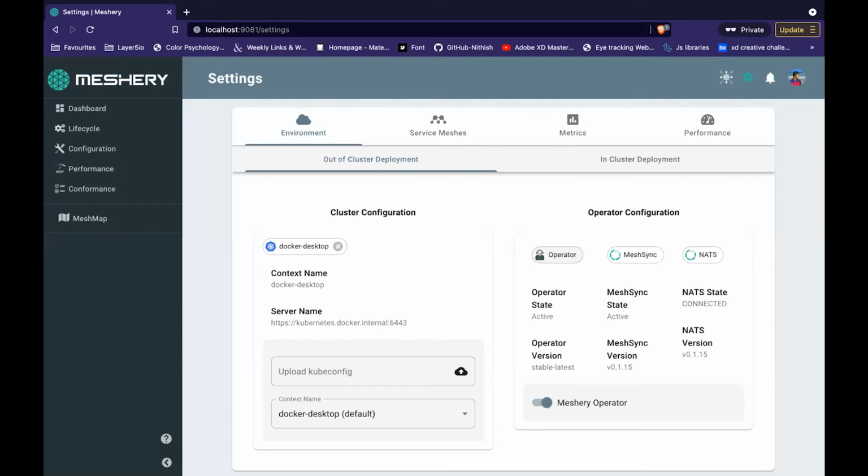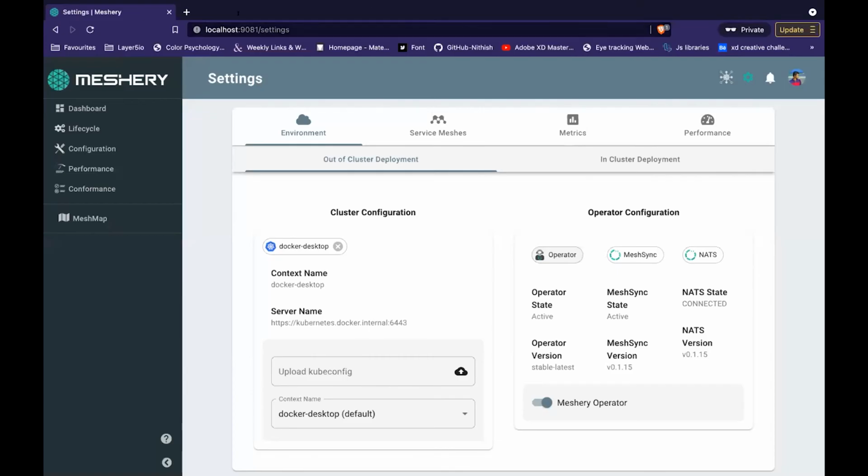In the .meshery folder, in the manifest folder, it shows only 2 files most of the time, just v1 and Meshery sync and operator. And when I tried for the third time, then I got all the files like service, deployment, default, everything.